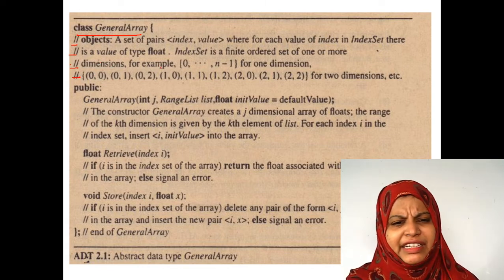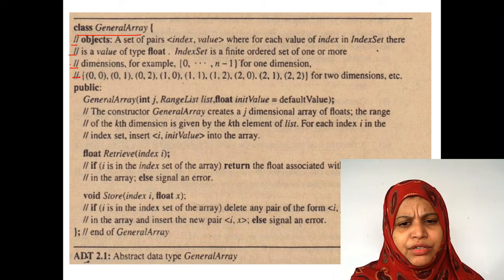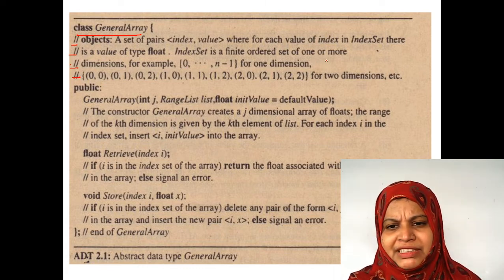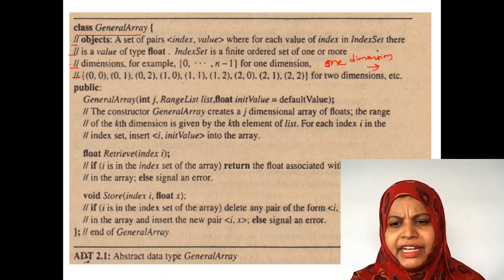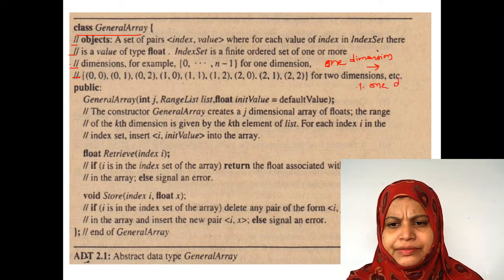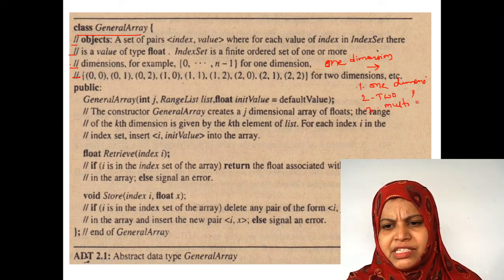Dimensions are the array index. Both are the same. Here 0 to n. For example, if we are going to implement a single array, a one dimensional array, here you already know the different types of arrays. One dimensional array, second is two dimensional array, third is the multi-dimensional array. Already you know these things, right?